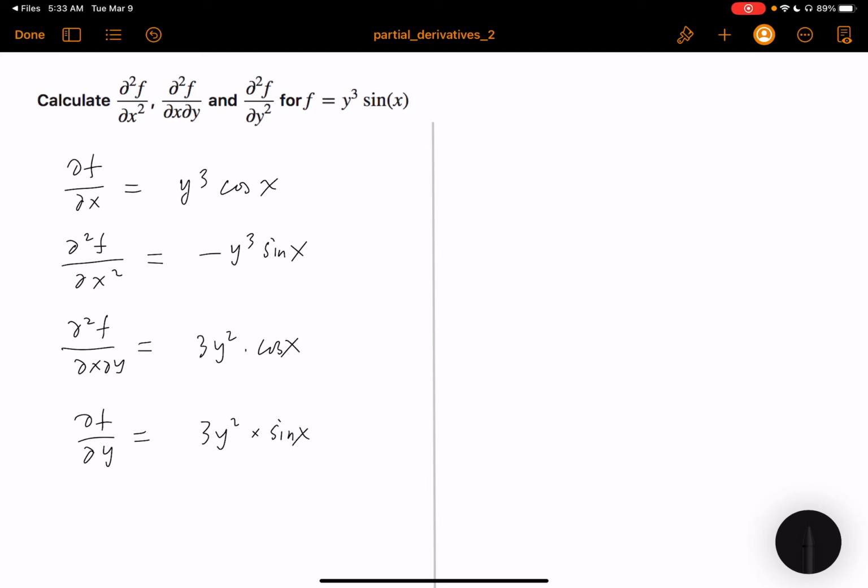Now let's take the second order. So partial square f, partial y squared is equal to... so again now we're treating sine x again as constant. We're taking partial derivatives with respect to y. So this is equal to 6y